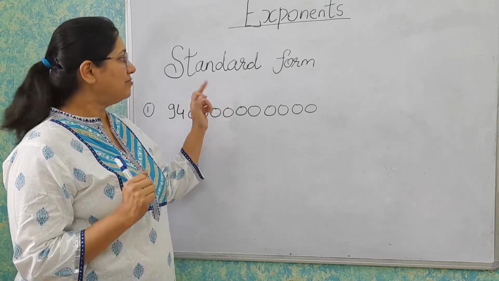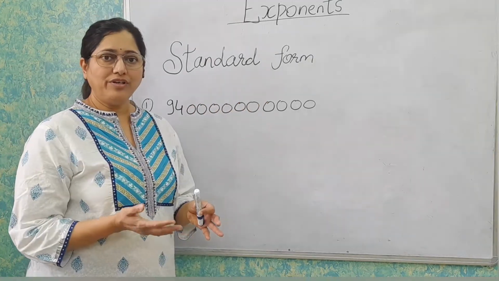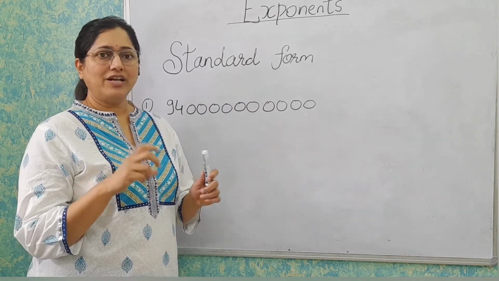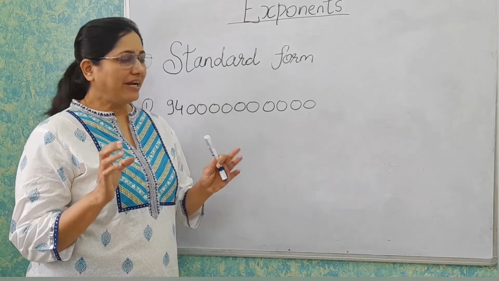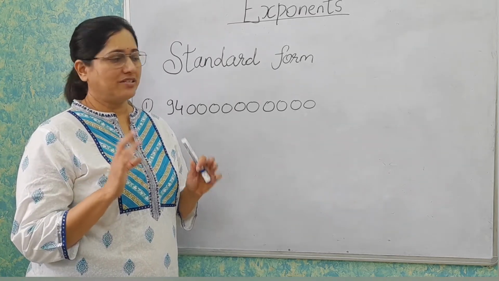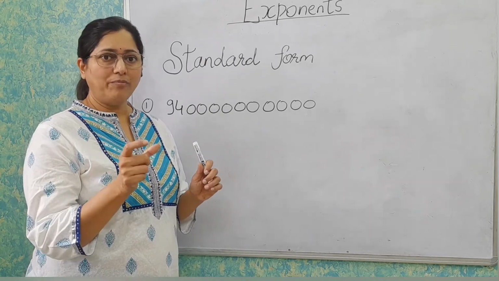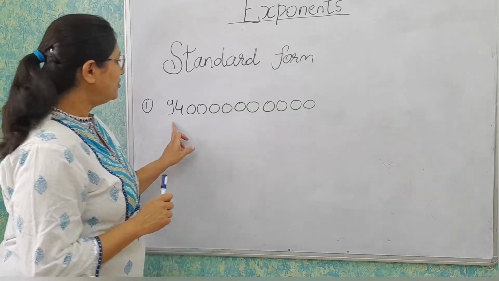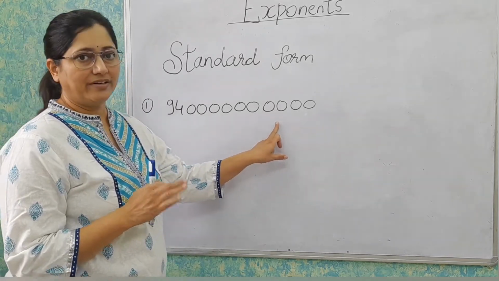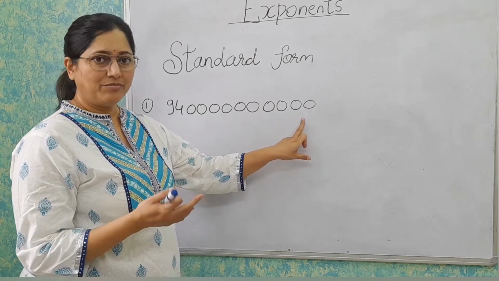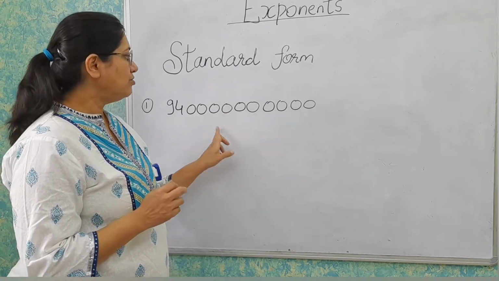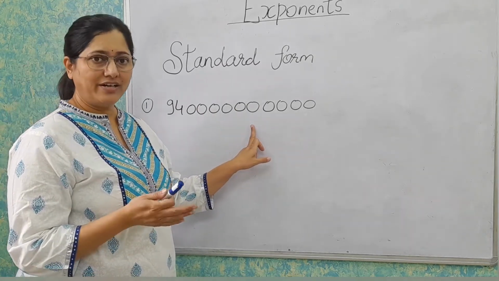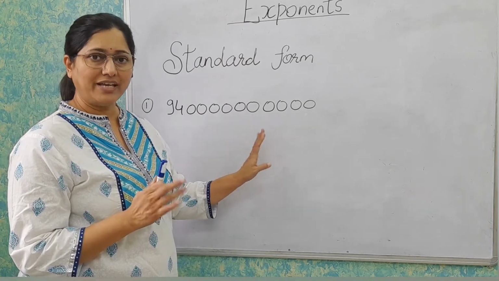You have to express numbers in standard form. But why do we need to express numbers in standard form? Whenever we do lengthy calculations, our answer will be very big. In that case, we may make some silly mistakes. So we first convert them into a compact number and then we do the further calculations. For example, if this is a number and I have to calculate it, I have to either add it with other number or multiply or something else. So it will be very difficult for me to do. So first I will convert it in standard form. Then it is very easy to do further calculations.